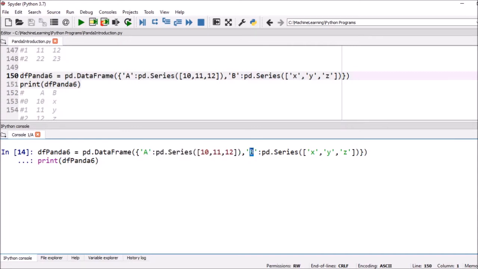B is a key and pd.Series is the value, and we can execute it. In this way also we can create data frames. Here A and B are the keys, and 10, 11, 12 are the values inside this particular column. X, Y, Z are the values of the other column.